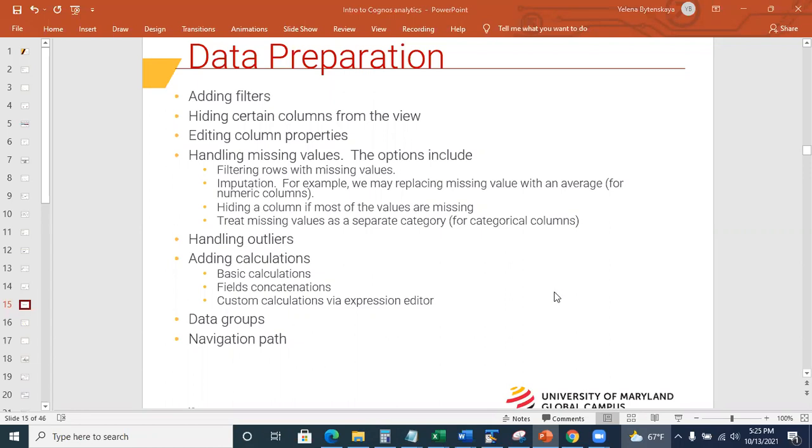How do we find missing values? Well, if you look at this earlier screenshot, you saw that some values were missing. But if you go